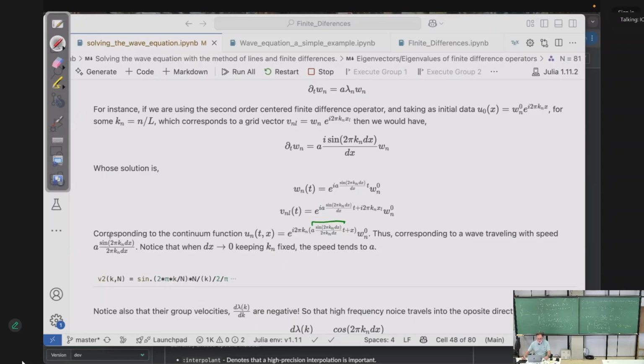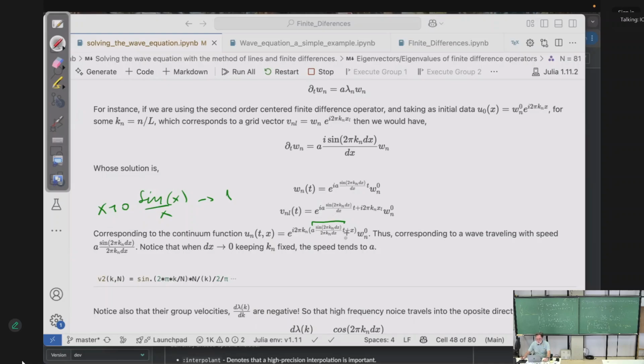So this term here tends to 1 when dx goes to 0, right? Because sine of x over x tends to 1 when x goes to 0. So we get to the correct dispersion relations. We get the velocity to be 1, right? But for dx equal to 0. Otherwise, we have